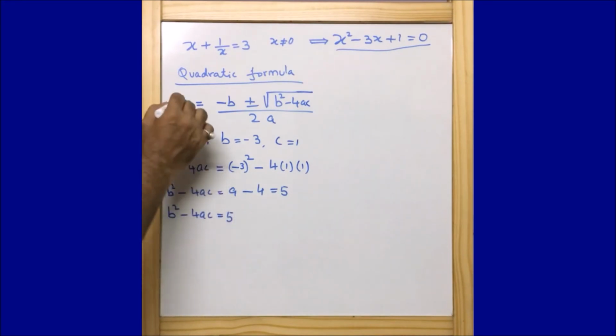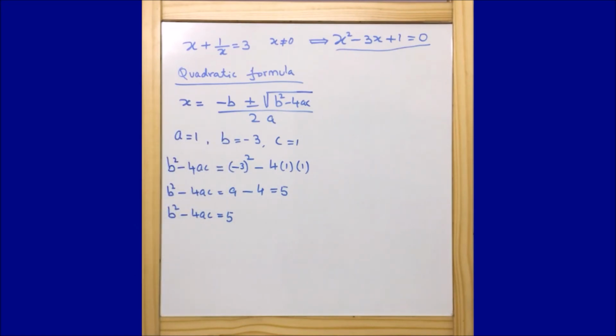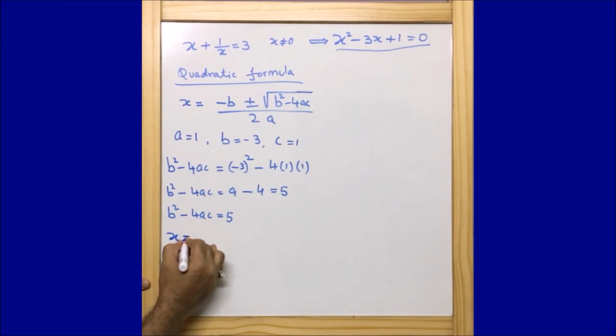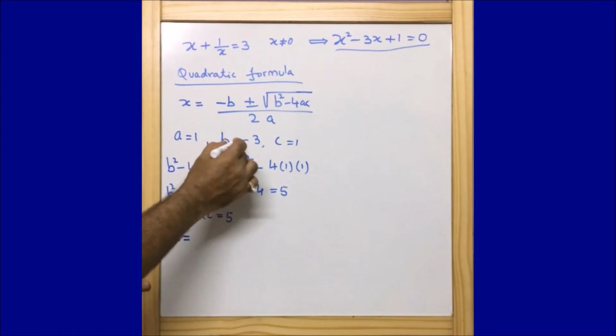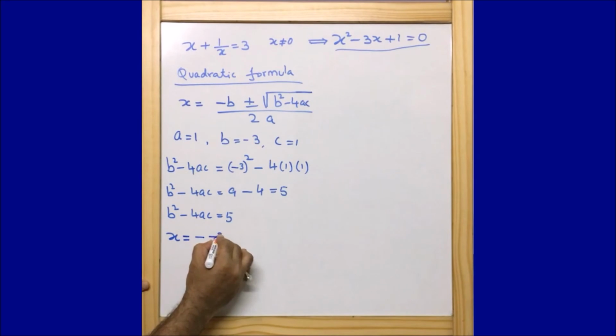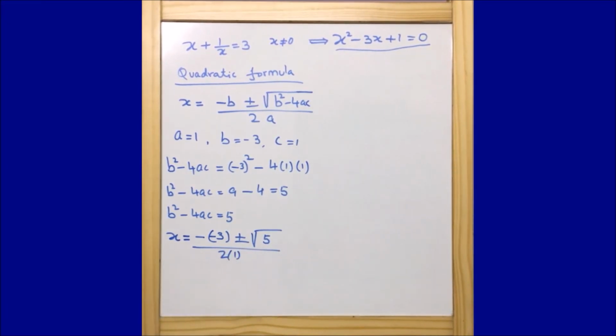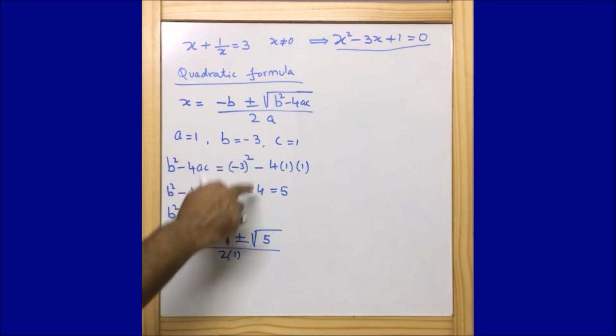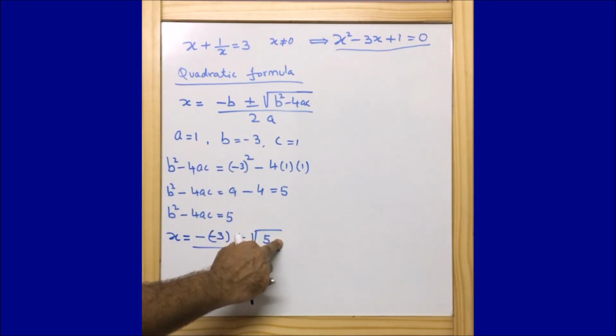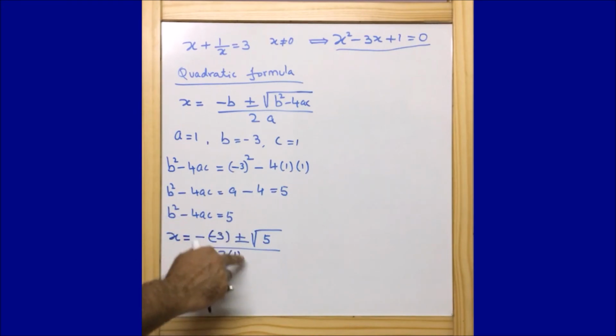Now let me put this value in this quadratic formula and let's see what we are getting. So I can write x is equal to minus b, here b is minus 3, so minus 3 plus or minus root over of b square minus 4ac, which is 5, by 2 into 1, the value of a is 1. Hope guys till here it is pretty clear. What I did, x is equal to minus b, so minus 3 because b value is minus 3, plus or minus root over of b square minus 4ac. So b square minus 4ac we got 5, so I just took it 5, and then 2 into a, which is 2. Now let me solve this.